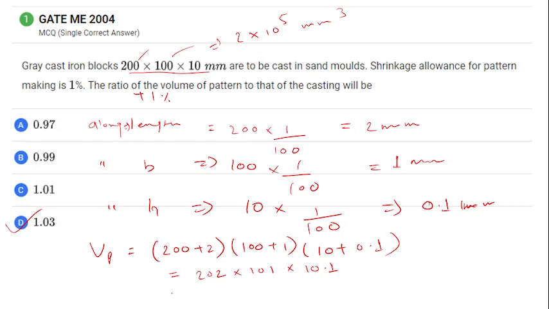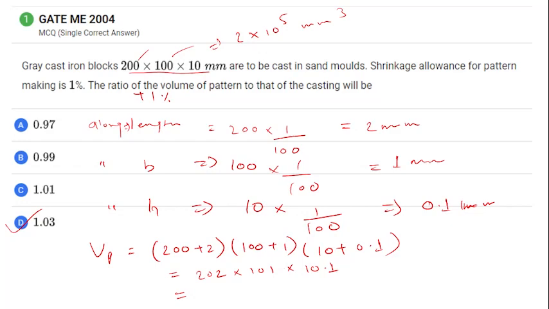इस क्वेश्चन में बात यह है कि जो ग्रे कास्ट आयरन है, वो एक्सपेंड करता है सोलिडिफिकेशन के बाद। Okay, but it is not mentioned, right? मैम, ग्रे कास्ट आयरन तभी तो लिखा है, वो उसकी प्रॉपर्टी है मैम। तो सी मतलब तो ए आएगा मैम। उधर श्रिंकेज अलाउंस लिखा है। अरे मतलब श्रिंकेज अलाउंस नेगेटिव है फिर और क्या। No, if it explains pattern is larger, right? अरे ये ग्रे कास्ट आयरन एक्सपेंड करता है सॉलिडिफिकेशन पे।